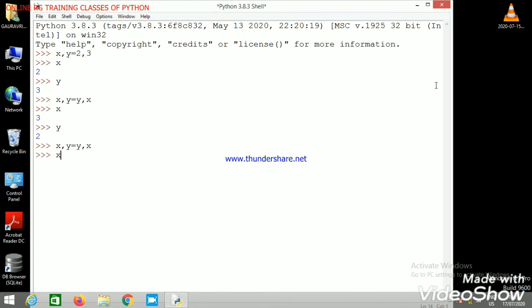Like if I say x equal to 10, now if I check, the type of x is int.